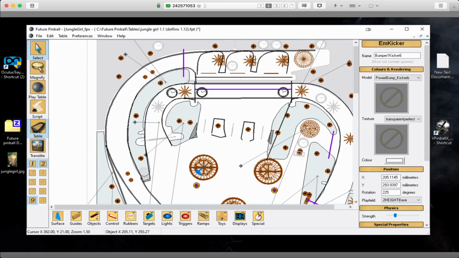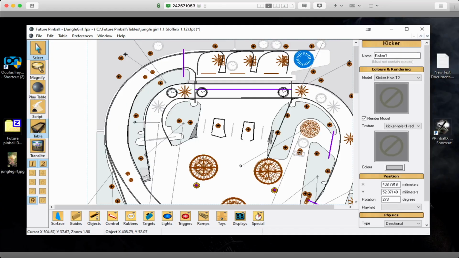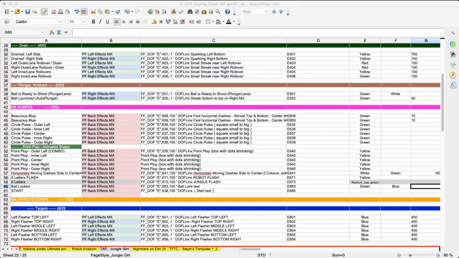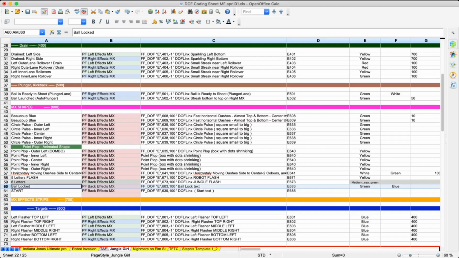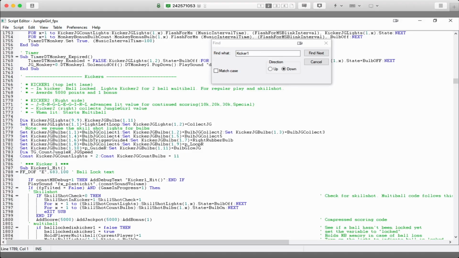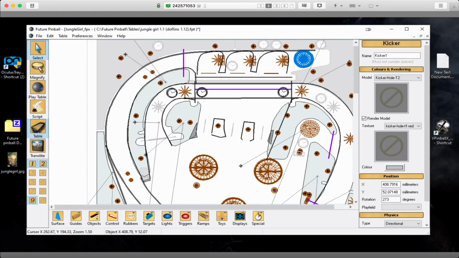Okay, so another event that we're going to code is the kicker 1. So here is where the ball gets locked in. So when kicker 1 is hit, we're going to add an animation of the ball locked. And we have such an animation here. It's actually in the 600 series, and it's called ball locked. I'm going to copy the code, and we're going to leave it on for 5 seconds. Also, we have